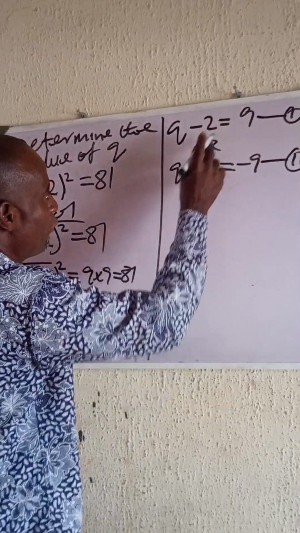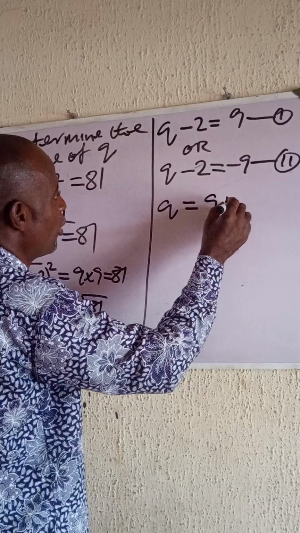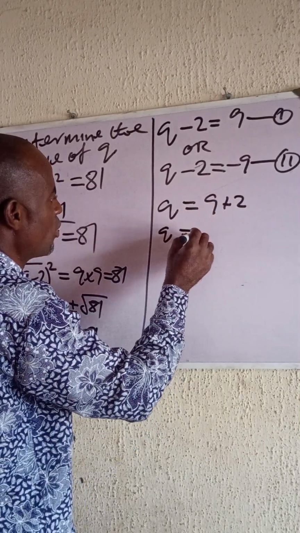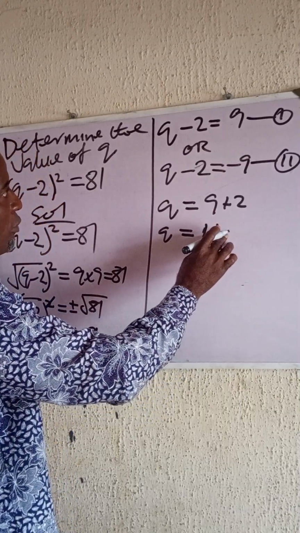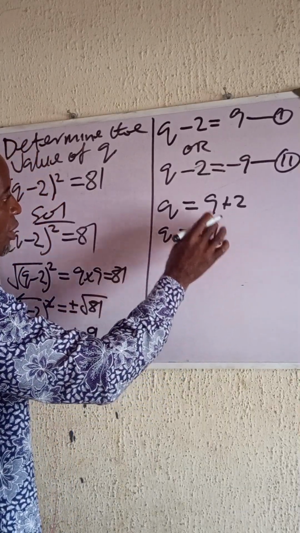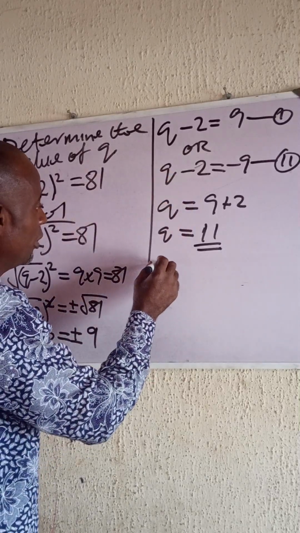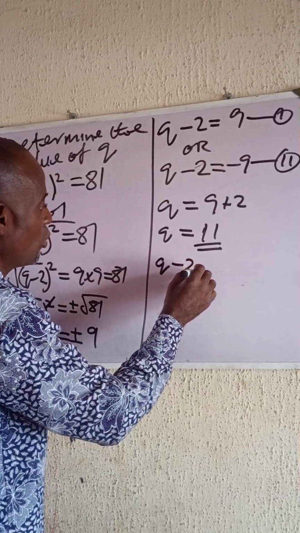Then when we simplify this, we have q is equal to 9 plus 2. Then q is equal to 9 plus 2 will give you positive 11. This is one of the answers. You understand? Then the second value of q, for equation 2, will be q minus 2 which is